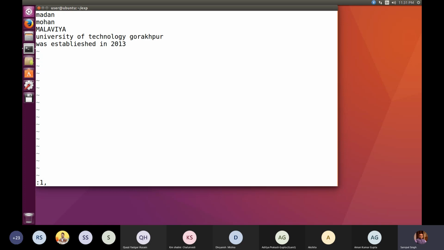If I write 1 comma dollar and then I am searching the pattern maybe Malviya and replacing it with Malviya small.